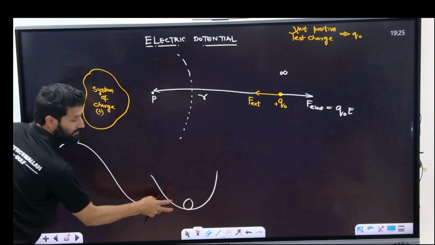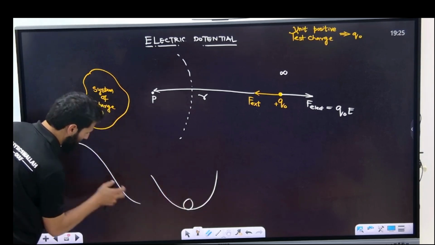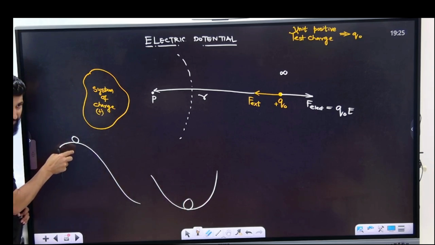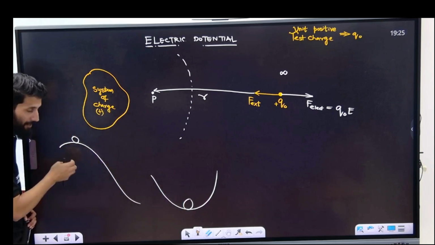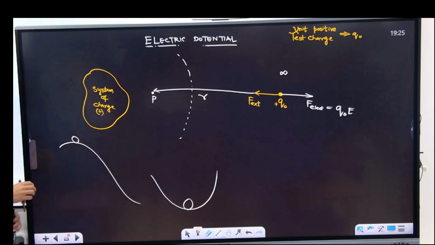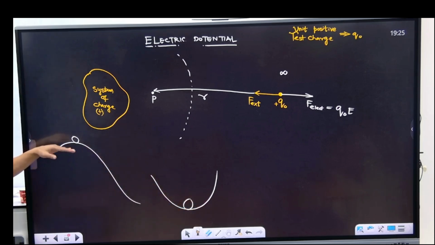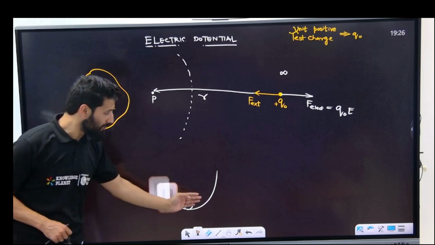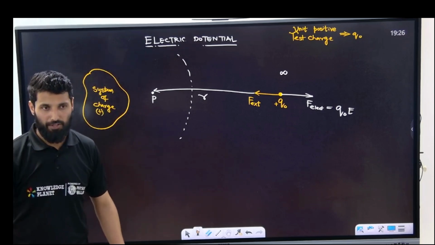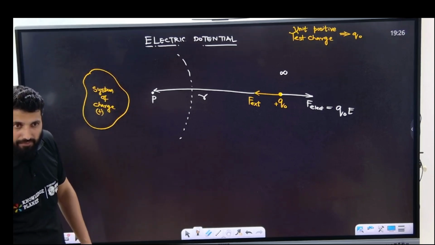Will it want to stay in this trench, or will it want to stay here? It wants to come down because it wants to maintain the minimum potential, but put some displacement to go down. Here it will have less gravity potential. Here it will have more gravity potential. Whatever the potential is, every body tends to maintain the minimum potential. Is it clear? So next one.